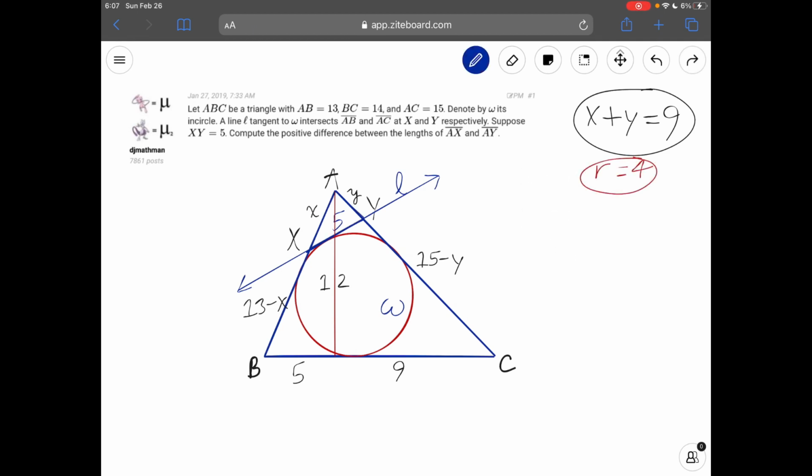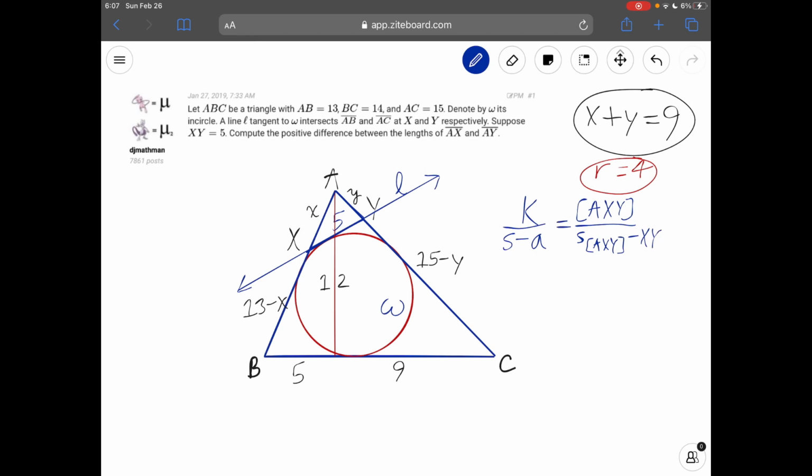We could also get this radius in a different way from the perspective of triangle AXY. From that perspective, W is simply the A-excircle. The A-excircle has radius K over s minus a. You should know this formula if you've read EGMO. And from the perspective of triangle AXY, that's equal to the area of triangle AXY, K denoting the area of a triangle, divided by s minus a,